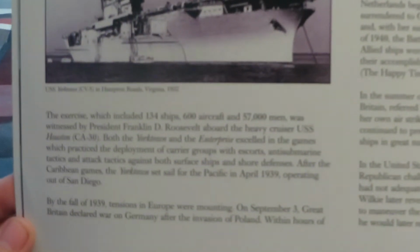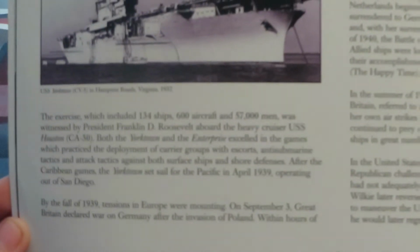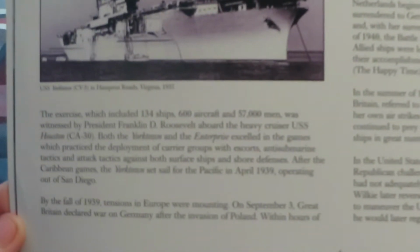By the fall of 1939, tensions in Europe were mounting. On September 3rd, Great Britain declared war on Germany after the invasion of Poland. Within hours of the declaration,